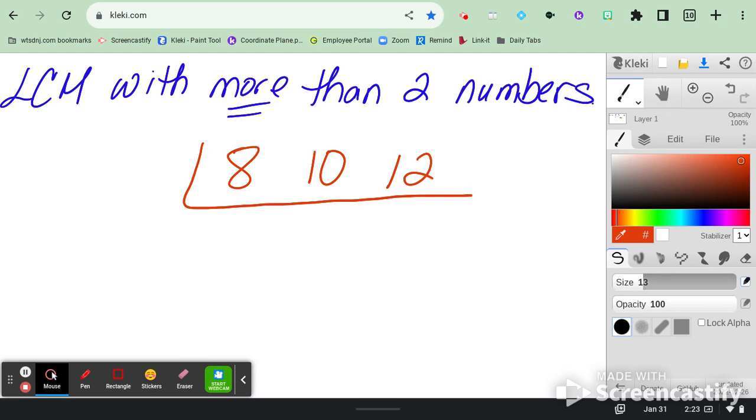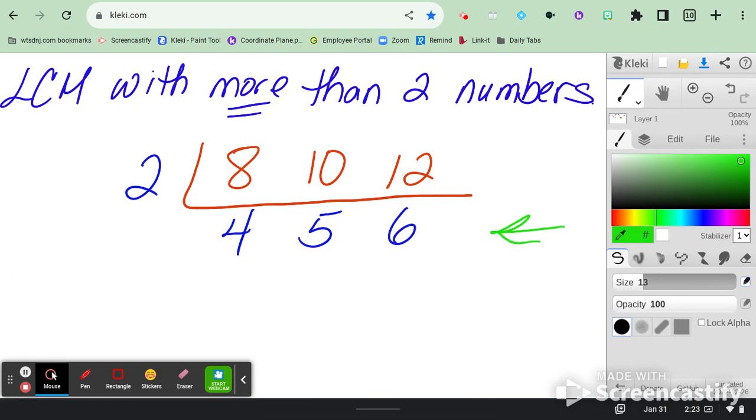Now, the one thing is, if you have three or more numbers, as long as two of the numbers are divisible by the same number, we can continue on. It just so happens 8, 10, and 12 are all divisible by 2. So I'm going to take a 2 on the outside. 2 goes into 8 4 times. 2 goes into 10 5 times. 2 goes into 12 6 times. So now I'm looking at